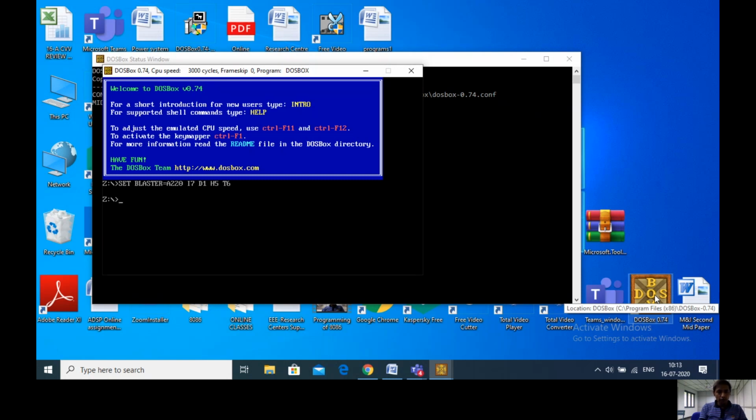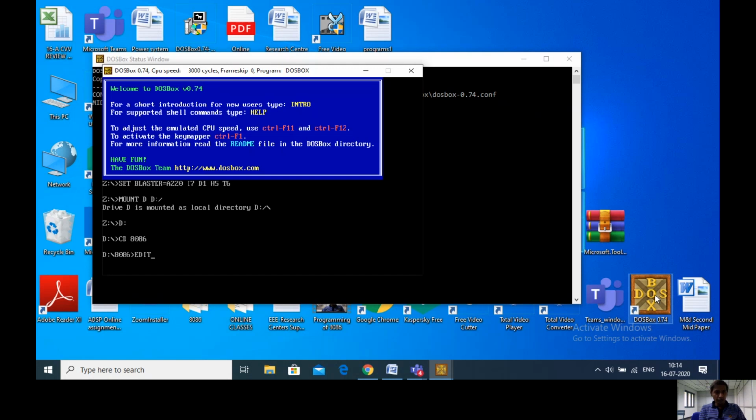Then you type mount, M-O-U-N-T, mount space. In the last video I explained where 8086 is available. The 8086 folder is available in my D drive. That's why mount space D space D colon slash, enter. Then again, in order to select the D drive, D colon. Now Z is transferred to D. Now we are in D drive. In the D drive we need to enter into 8086. For that, CD space 8086, then enter.